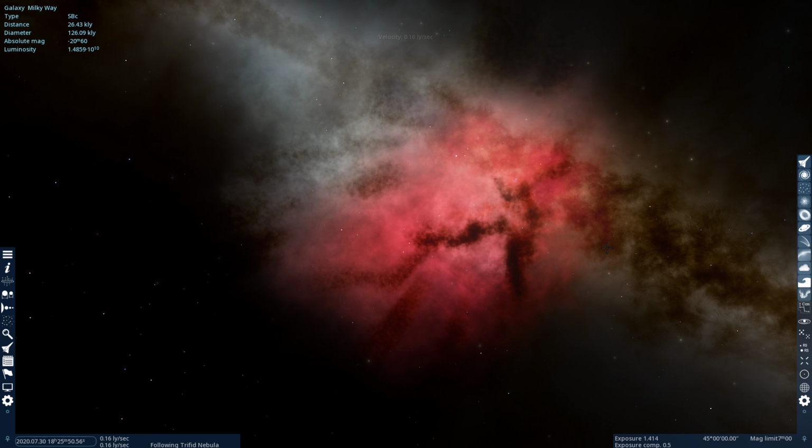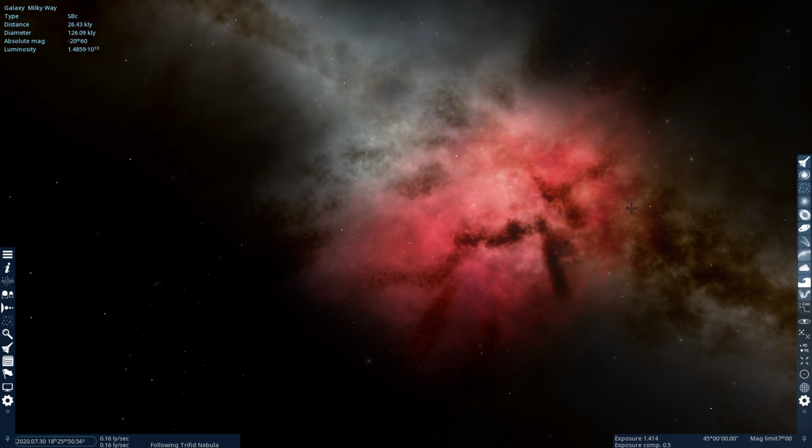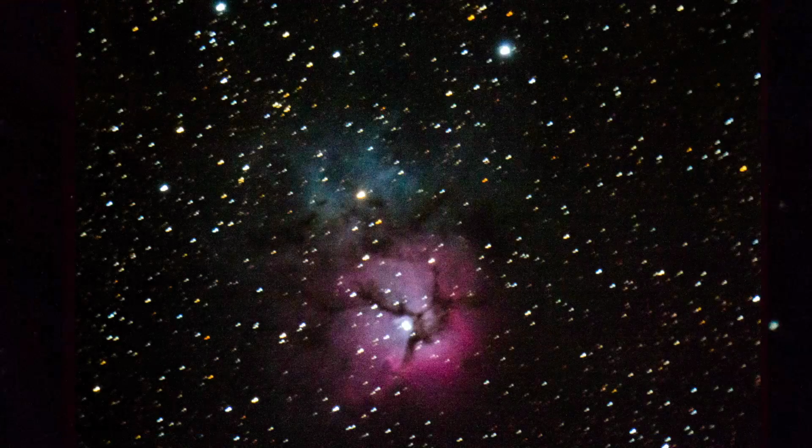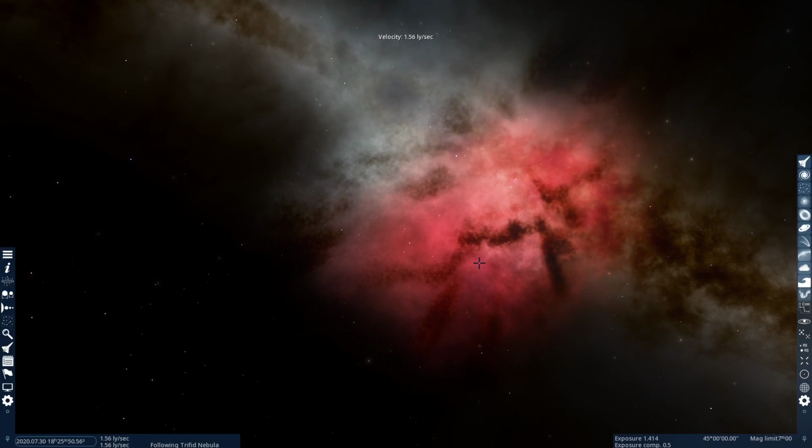And so you'd be taking the picture, but the object is moving out of the frame. And so you get these stars causing streaks. And you can see that a little bit in this image as well. But that's the Trifid Nebula. So let's fly back